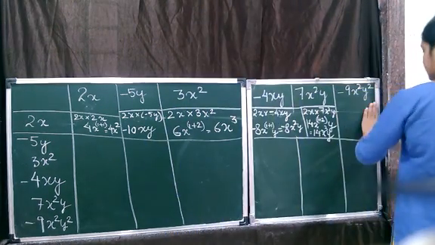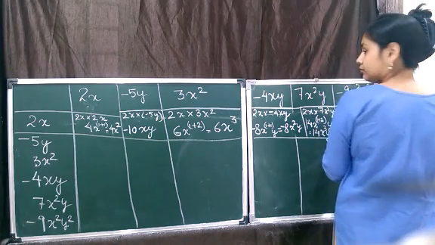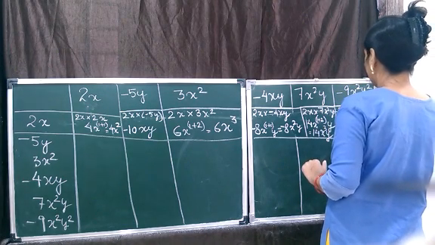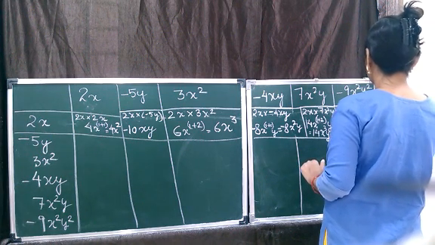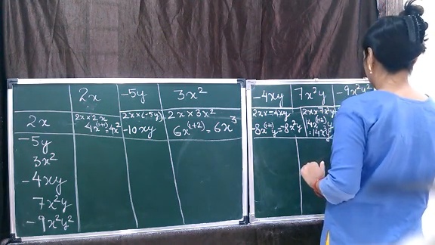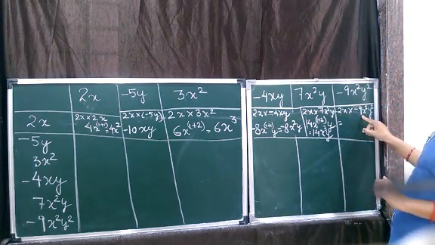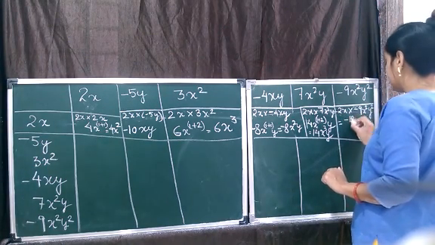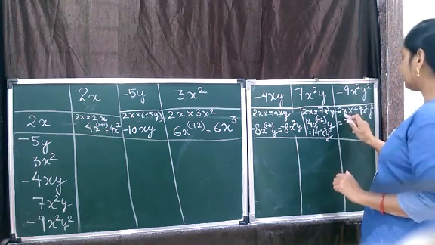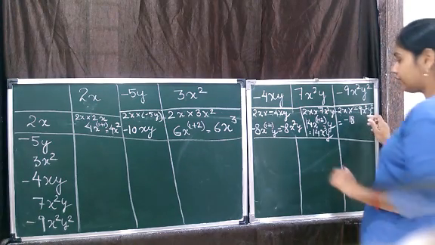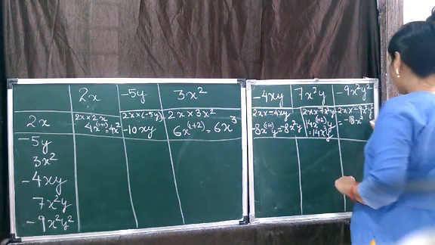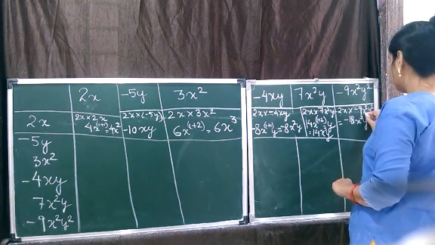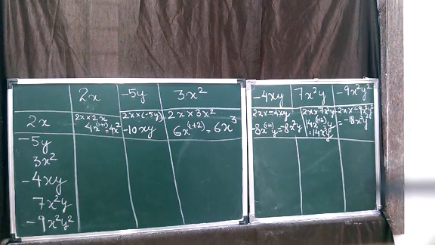Similarly, 2x into minus 9 x square y square. So 2 9s will give us minus 18. Yes, because the minus sign is there. Then x and x square. Again power will be added like this, and it will become x cube. Okay, x cube, and y is alone, so y square. So your answer comes out to be minus 18 x cube y square.